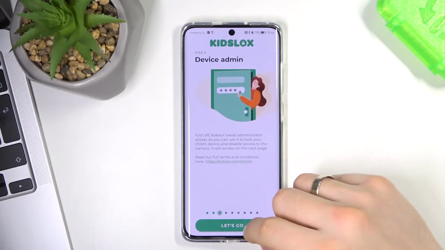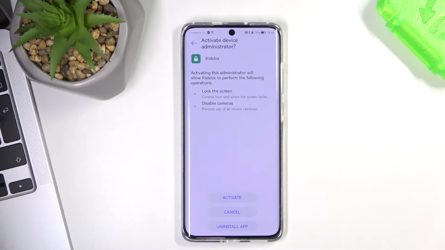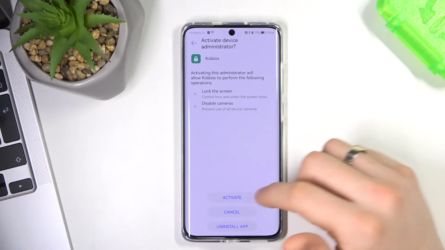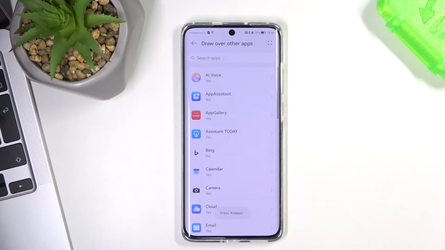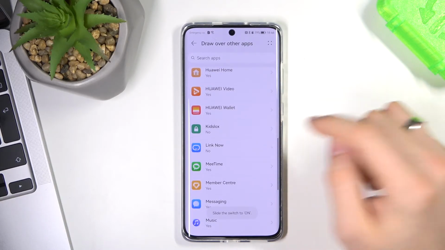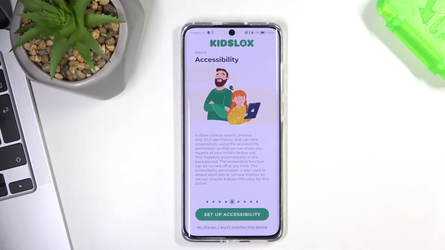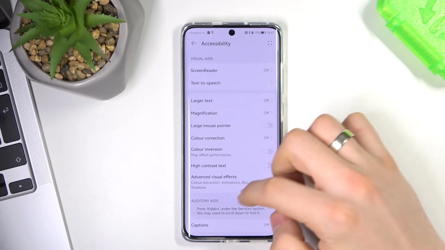Okay, let's activate Kidslox as administrator so the child won't be able to remove this application. So choose activate, let's do it, scroll down, find here Kidslox and choose the enable button, set up accessibility, scroll